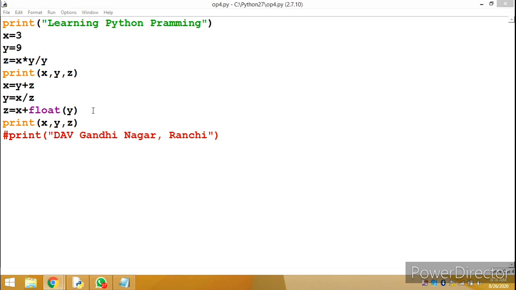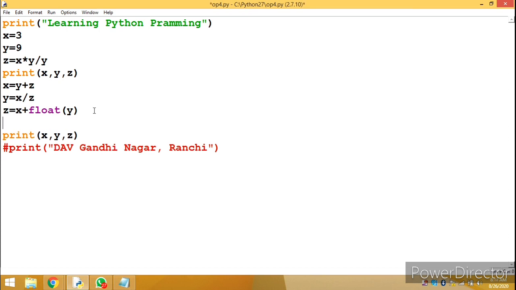So this float y is holding the value 4.0, and this is the only use of having this single line statement. So z is equal to x, whose value is 12, plus y, whose value is now 4.0. Okay, so you are getting 12 plus 4, what? 16. So the higher priority is of float type. So you are getting 16.0 over here.